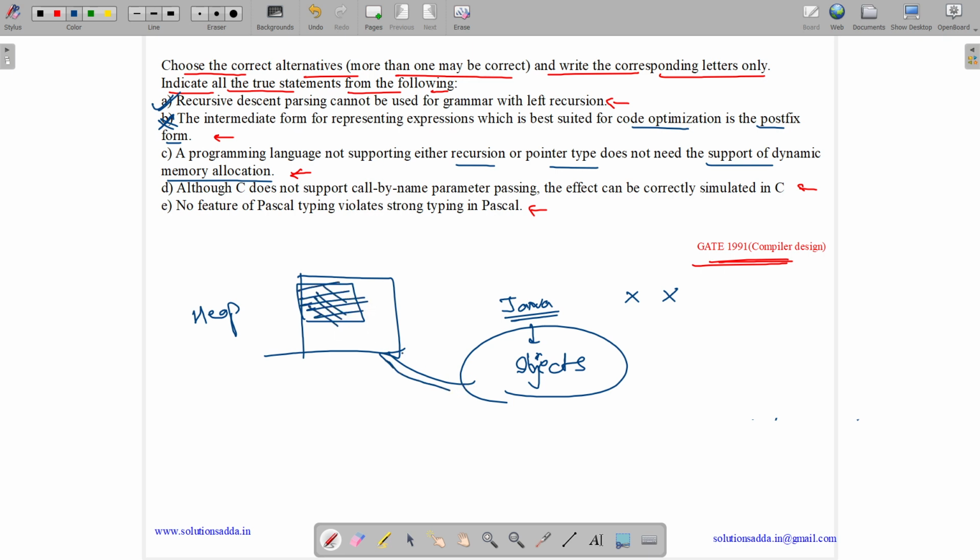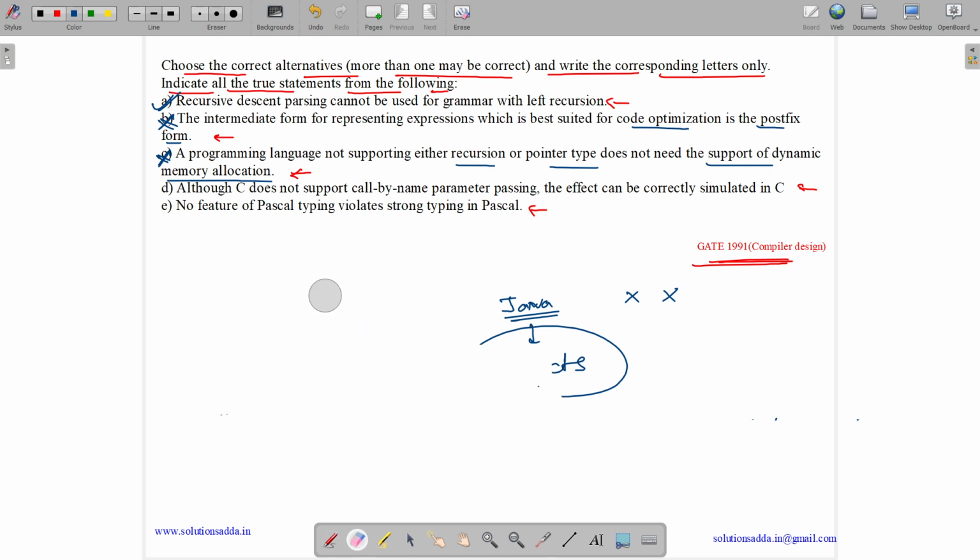Thus, for these objects, we need heap. And even dynamic structures like trees can also be present in Java. For trees, we need this dynamic memory allocation. For linked list, we need dynamic memory allocation. So we basically need the dynamic memory allocation. So option C is also false. Now let us see option D. So option D states that